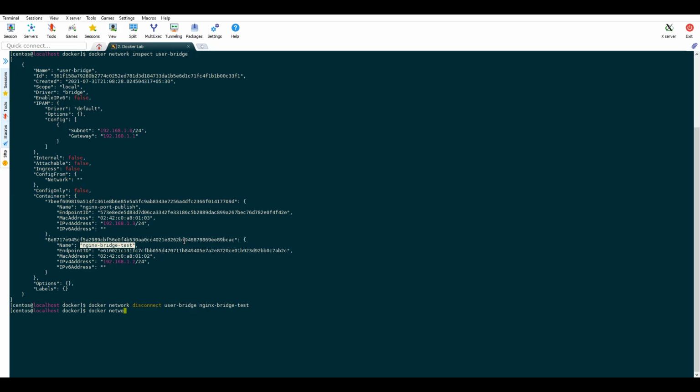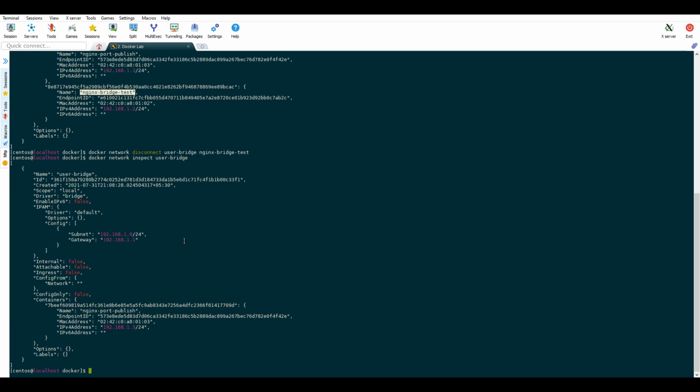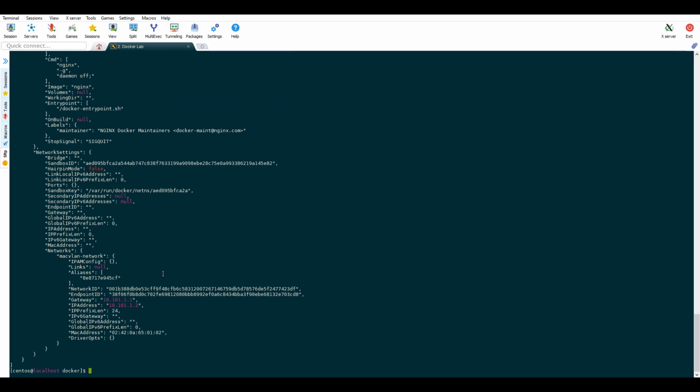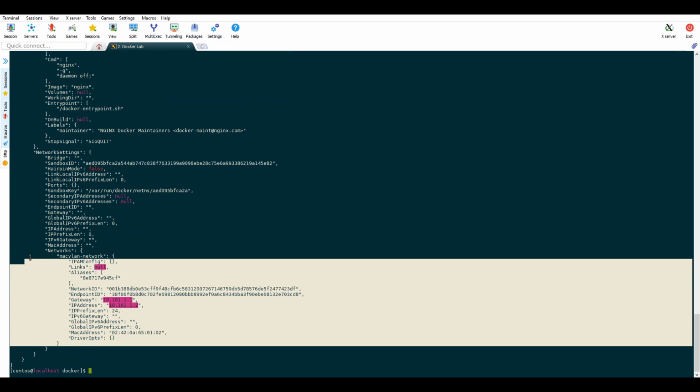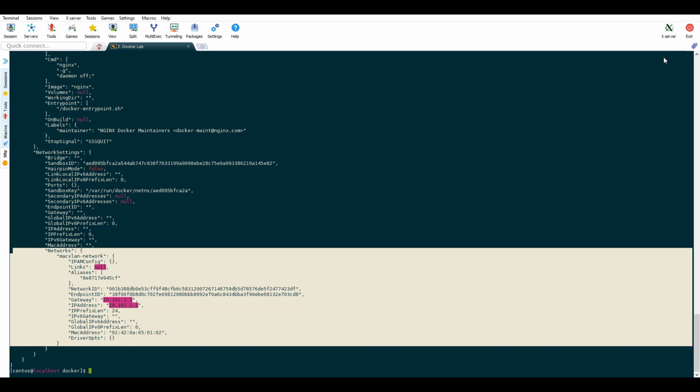Again we do a network inspect to see what all containers are attached to this user bridge network. Now we will be able to see that only Nginx port publish is linked or attached to this network. We can also do a similar inspect on the container itself, and now we will see that only one network is attached to it, that is the MacVLAN network.